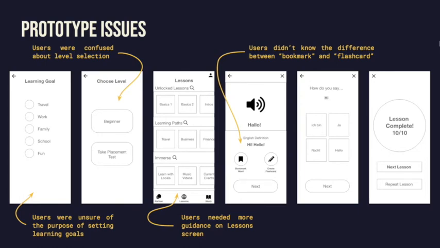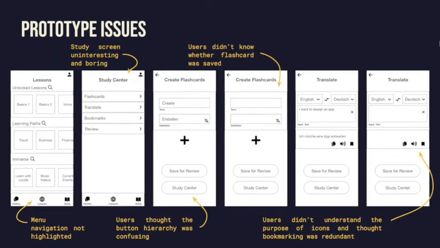These usability tests allowed me to collect constructive feedback from users. Some of their key feedback is reflected here, and much of it was related to lack of clarity and guidance. Overall, there were quite a few issues that, while not detrimental, had an effect on the intuitiveness and usability of the app. For example, users found some screens to be confusing, were unsure of which buttons to select, or didn't know when words were saved. In the following slides, I'll walk you through some of the improvements I made to enhance the app's usability.